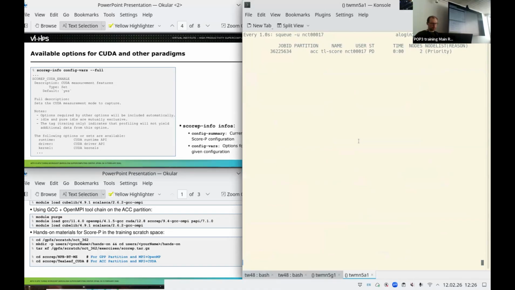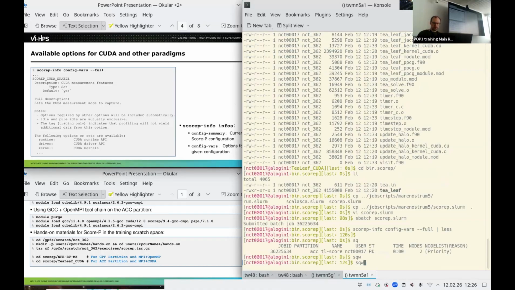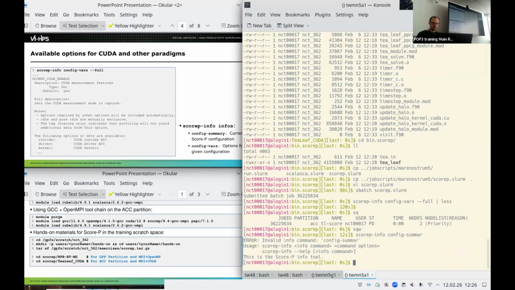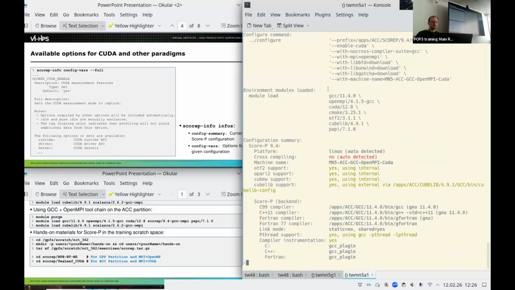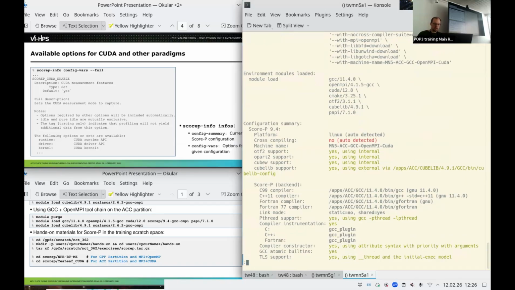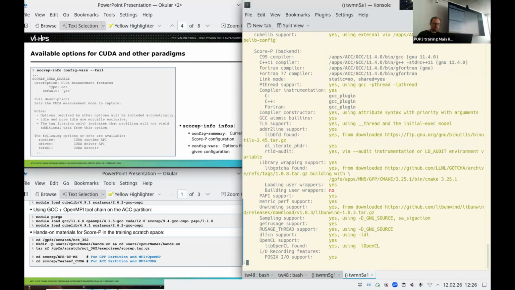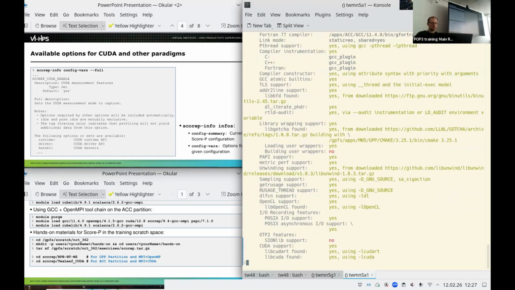And since we are currently still waiting, there is another piece of information that is nice to get from the scorep-info command, in particular if you are using a Score-P installation on a system that you didn't install yourself. Looking at the config summary is always helpful. That's basically the way it was configured. And while it may contain a lot of stuff that doesn't tell you anything, you find basically elements that are supported by this